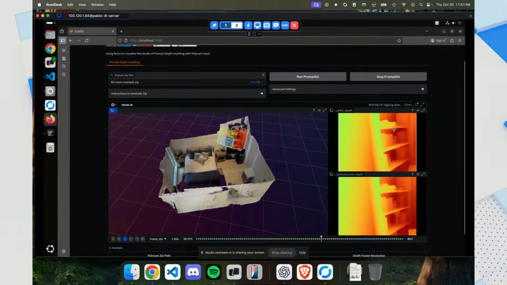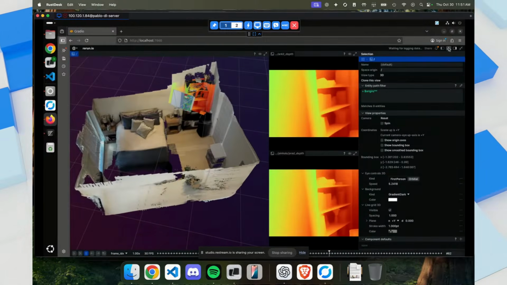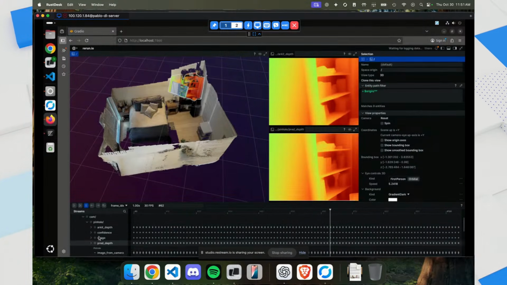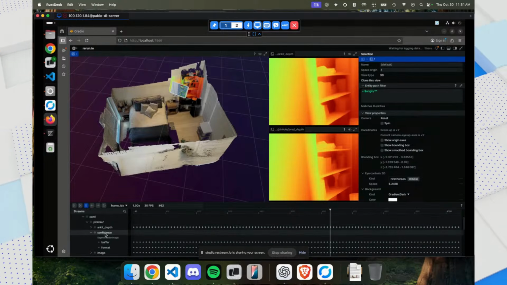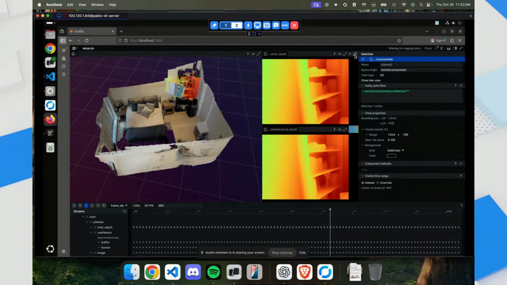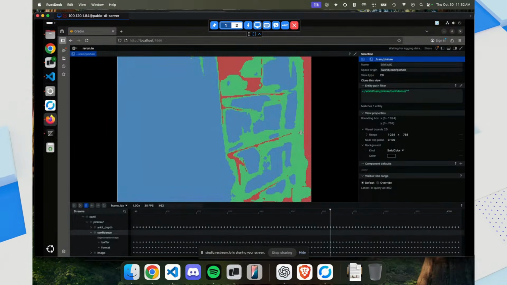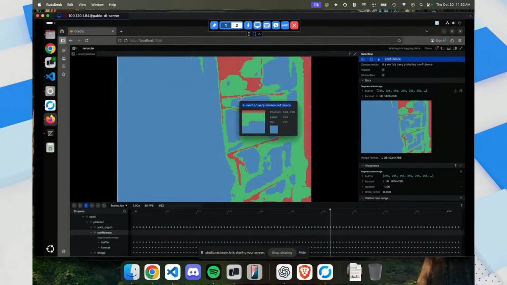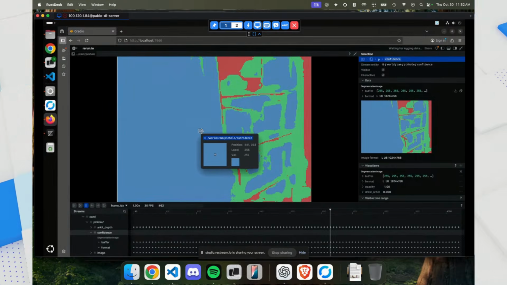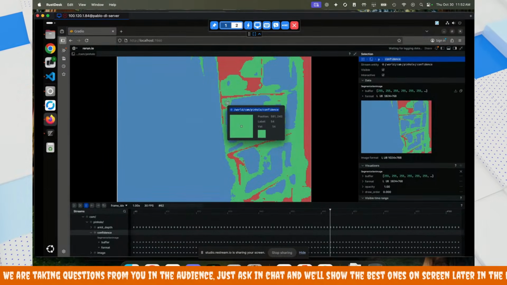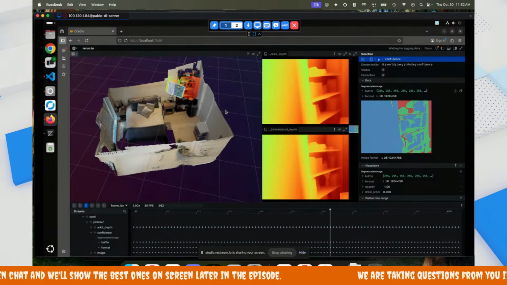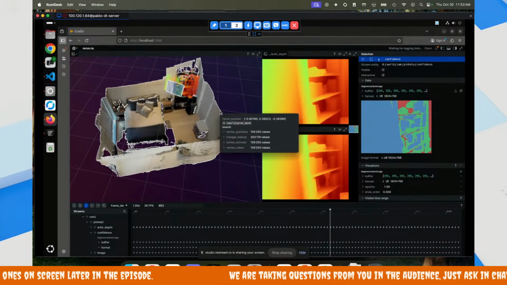The other cool thing that Rerun lets you do here is that the depth maps aren't the only thing I get from the iPhone. There's another example of these confidence values. I can generate a new view here, and you can see I generate a segmentation map. The blue areas are where the network has very high confidence, green is medium confidence, and red is not very confident at all. And that's just directly included here. I use a blueprint to make it look nicer.